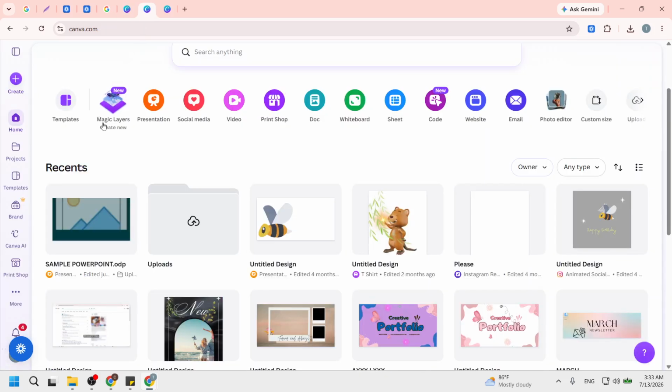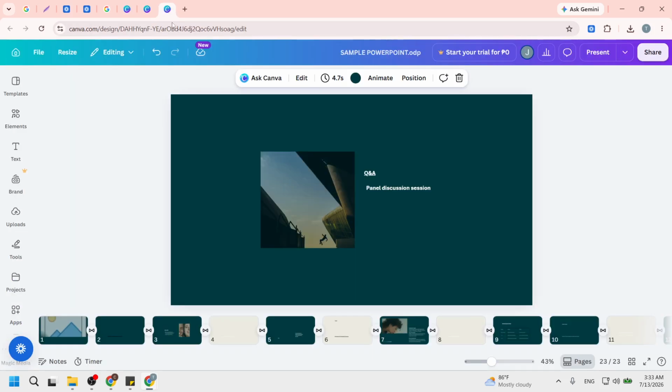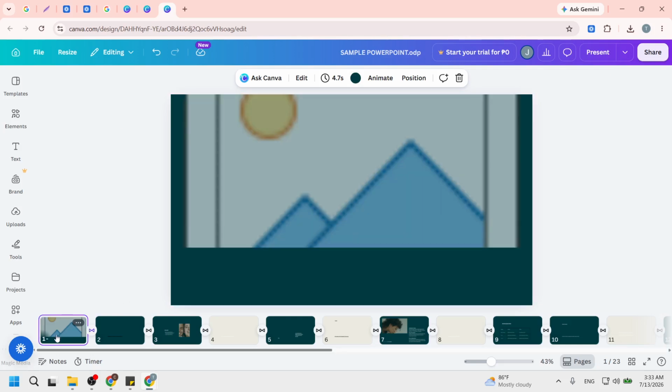Now it's time to open your presentation on Canva. Once on your dashboard, locate the project you want to present. You can find it under the All Your Designs section or in any specific folders you have created. Clicking on your presentation opens it in the editing mode. This is where you can make last-minute adjustments or just get ready to present. It's reassuring to know that you can always modify your slides before recording, ensuring everything looks perfect.